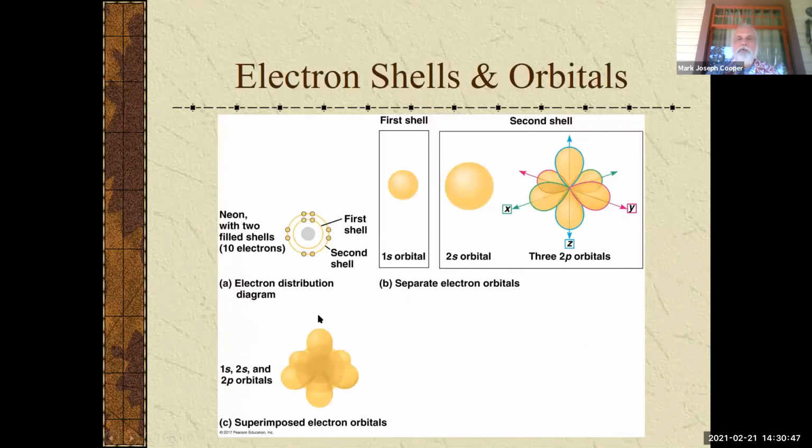So here we have the actual, again, kind of numbers, the 1s and 2s. The s's will hold 2 electrons. The p's will hold 8. And again, I'm not worried about all that so much, but it's important when we talk about this to understand bonding and why things bond the way they do. And so, again, when we do the periodic table, we'll talk more about that. So we will end